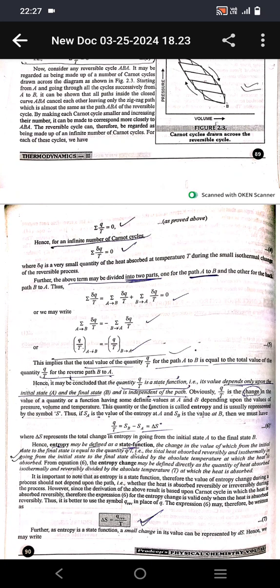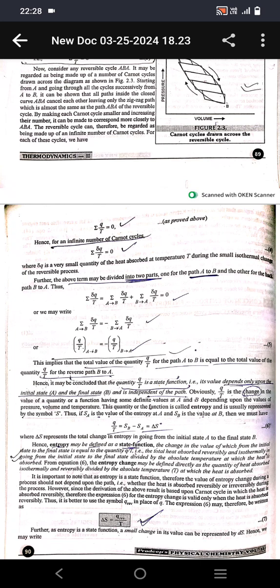It is important to note that entropy is a state function. Therefore, the value of entropy change during a process should not depend upon the path, that is, whether the heat is absorbed reversibly or irreversibly during this process. However, since the derivation of the above result is based upon the Carnot cycle, in which the heat is absorbed reversibly, the expression in equation 6 for the entropy change is valid only when the heat is absorbed reversibly. Thus, it is better to use the symbol Q reversible in place of Q. Equation 6 may therefore be written further as